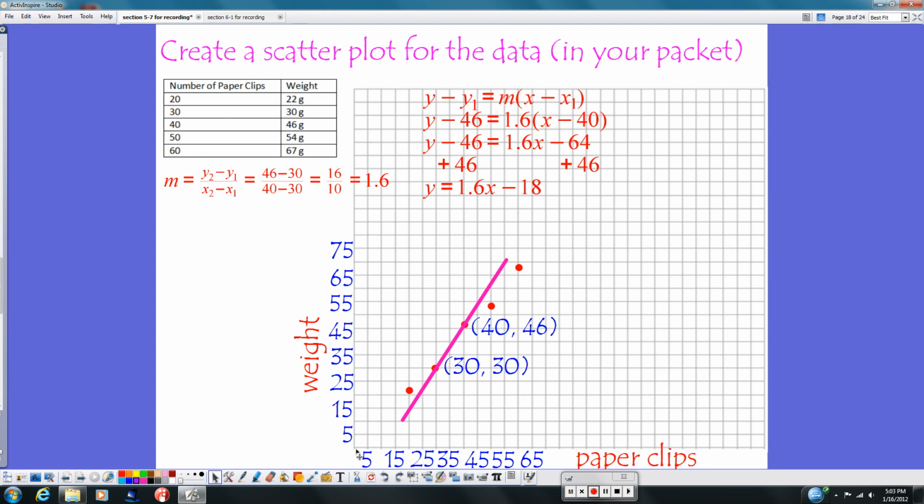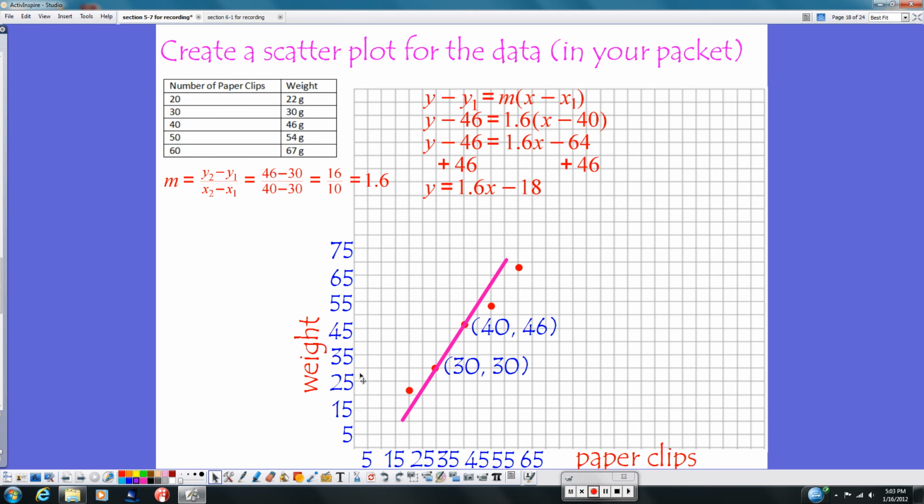So here's my scatter plot. I counted by 5s on both the x and y axis. Paper clips is on the x-axis. The weight is on the y-axis. I chose these 2 points, (40, 46) and (30, 30), for my points. I found my slope, which was 1.6. I put it in point slope form to start, distributed, and came up with y equals 1.6x minus 18